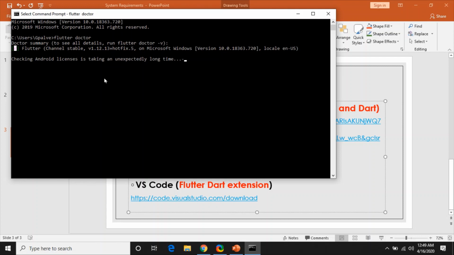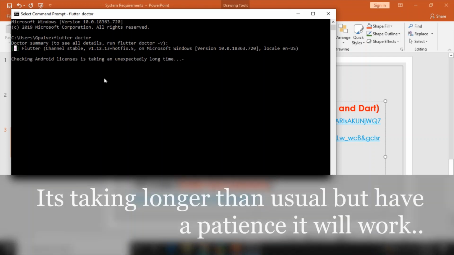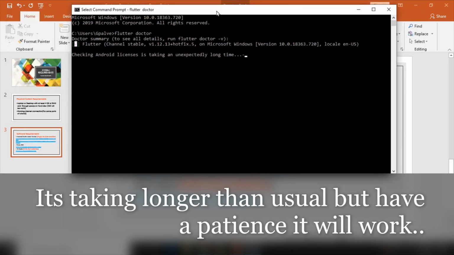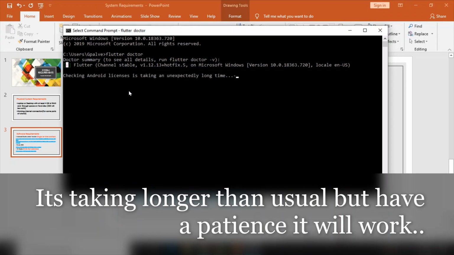It will prompt in front of your screen. Please select Y, that is yes, for all the licenses. It may take a little bit of time. This flutter doctor command is the final command which will tell us whether all the extensions and all the required toolchain have been installed or not.